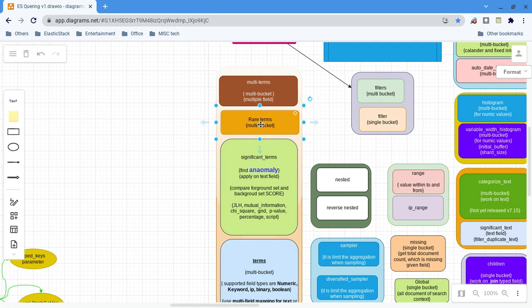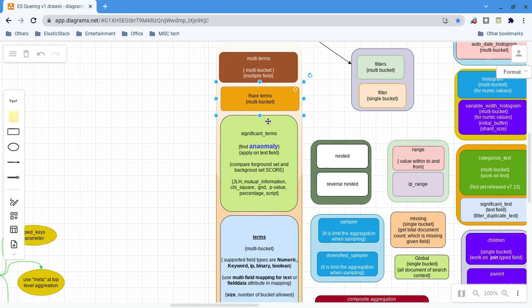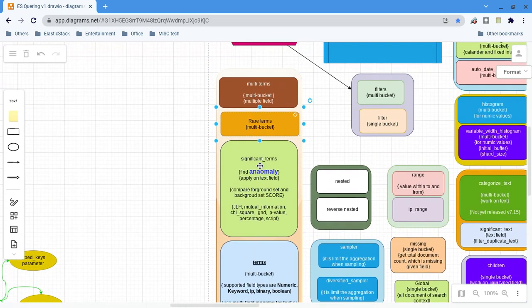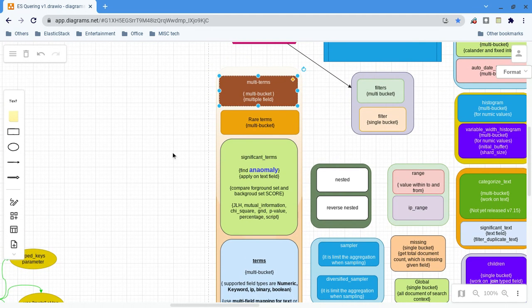It will create the buckets for the given field and use the count for sorting, but instead of the default descending order of terms, rare terms is ascending. So whatever terms have very minimal availability in the index come first. That is the purpose of rare terms. Other than that, I will explain some more later, and then multi terms.